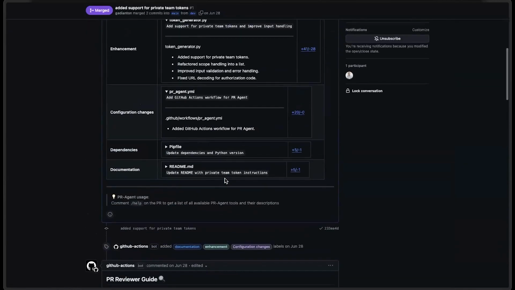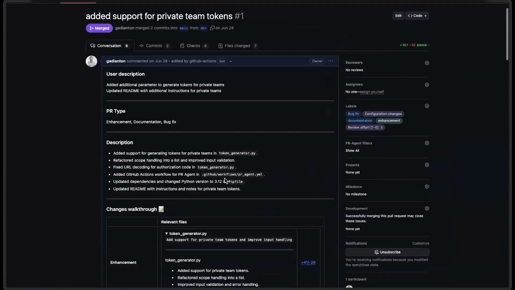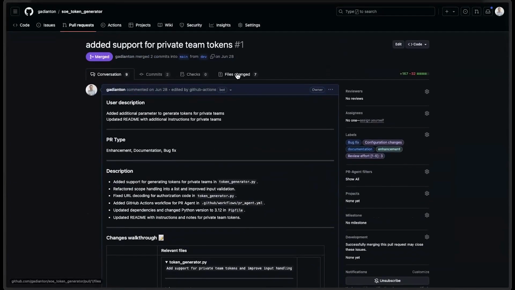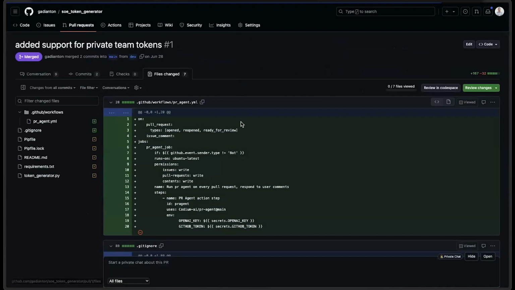There's one other thing I want to show you though, which is if we go back over to files changed, a new feature that we added in. We have a Chrome extension, by the way, for this. If we go into files changed, there's a Chrome extension available that will allow you to chat about the PR right here. So if, for some reason, you didn't want comments on the PR, I had one person mention, I feel like that would be too noisy. Fine. You can just come in here and say,